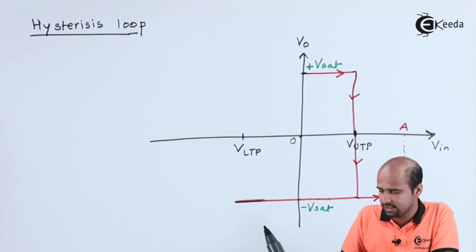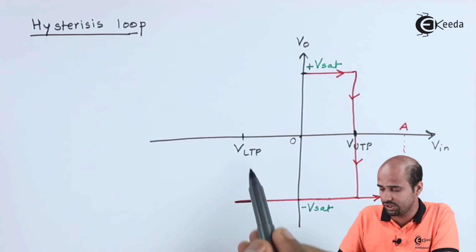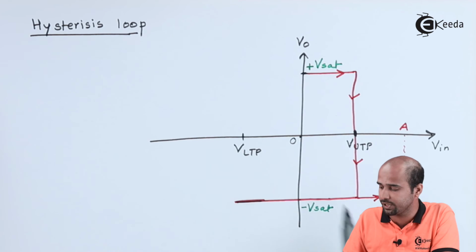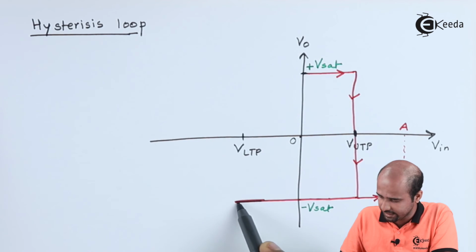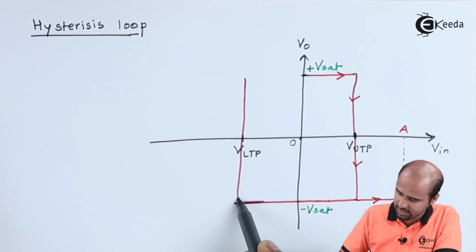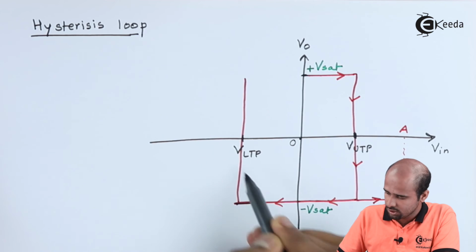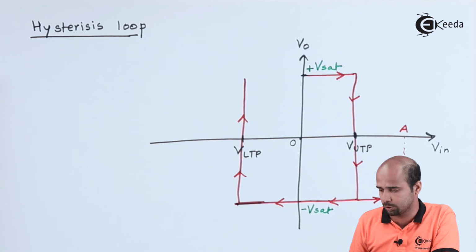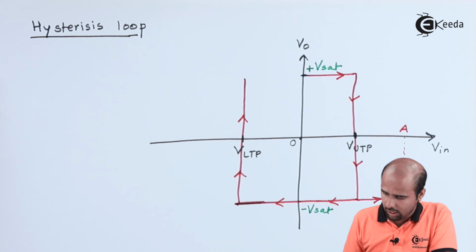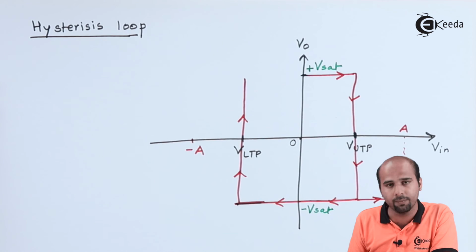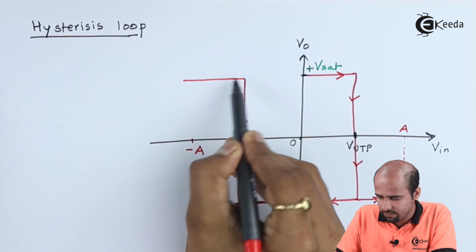and as soon as it overlaps with the voltage, that is VLTP, the new reference voltage, that is Vf is equal to VLTP due to minus Vsat, we will be getting the transition at VLTP, that is from minus Vsat to plus Vsat. So this is the direction of the variation of the output voltage with respect to input voltage. Now if again I try to increase the value towards the negative side up to the negative peak value, that is minus A, we will be getting the same value, that is